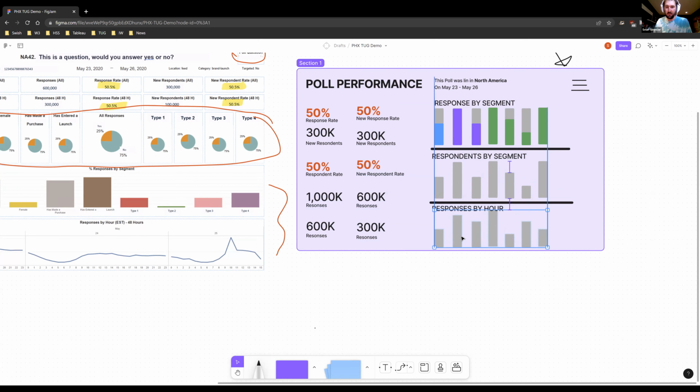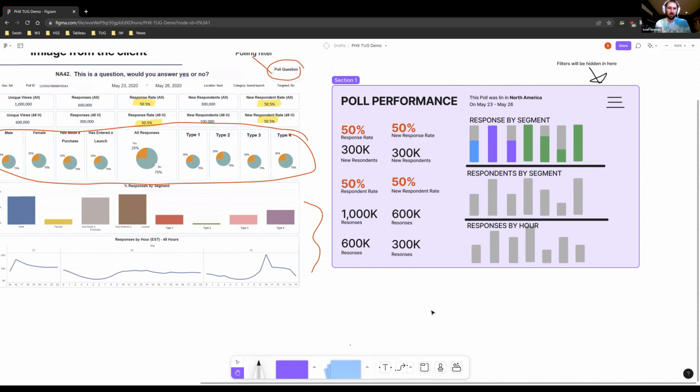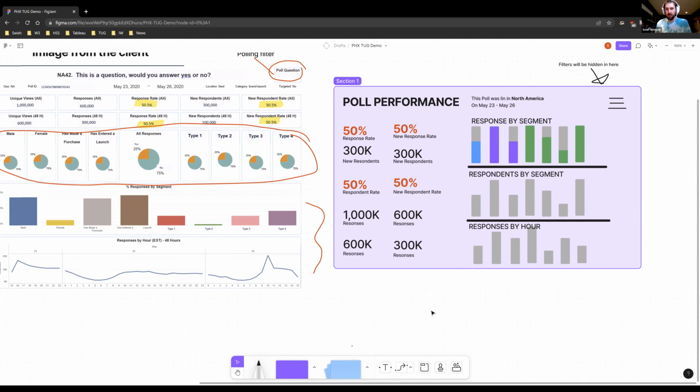But this is more or less the redesign that I came up with for this client. And so we've done this exercise in about 20 minutes where we looked at the dashboard, asked questions about the information that was on it, reorganized it in a way that removed a lot of the busyness, all these dotted lines, got rid of these useless chart types, boiled it down in a way that's a little bit easier to consume so that we can actually compare these